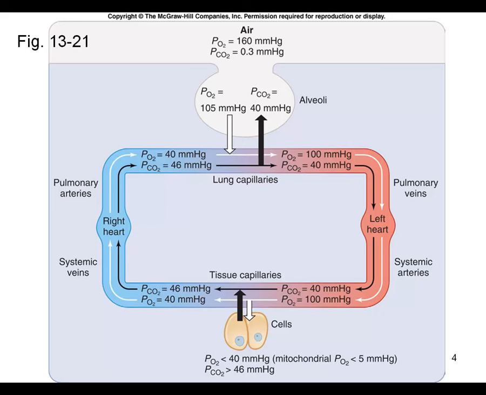Likewise, venous blood has a PCO2 of 46 millimeters of mercury. In the alveoli, it's 40. So there's a concentration gradient out. CO2 diffuses out. And O2 and CO2 have different diffusion constants. So PCO2 only requires a small gradient in order to diffuse out. So notice the oxygen gradient is much